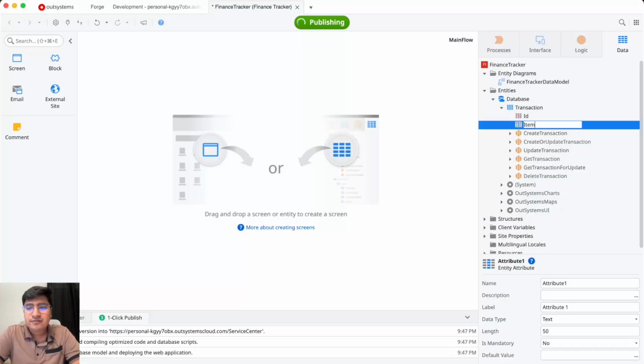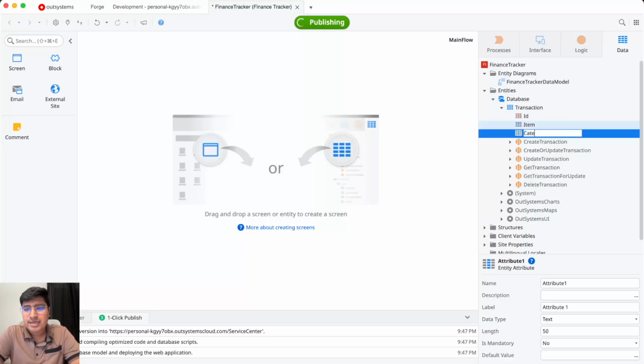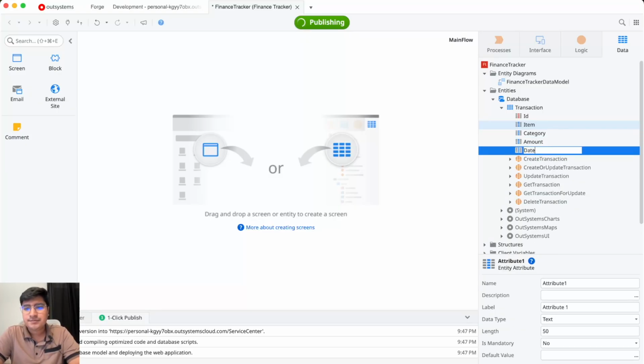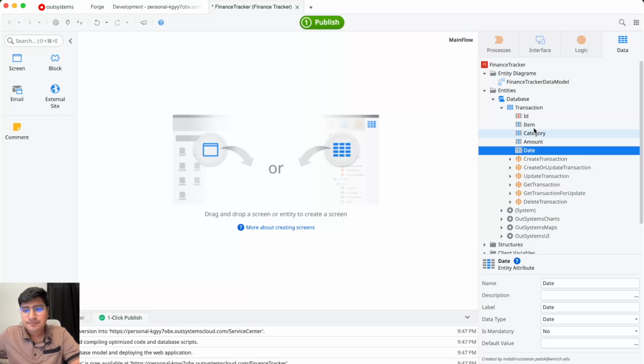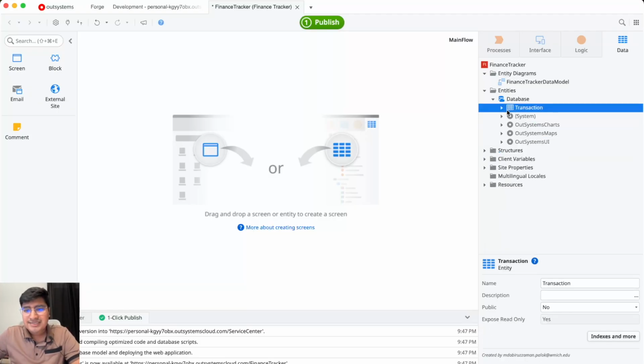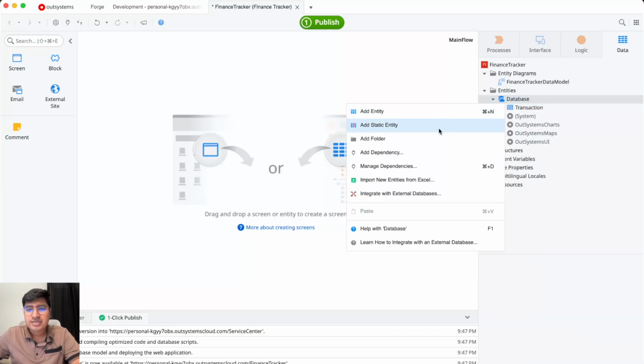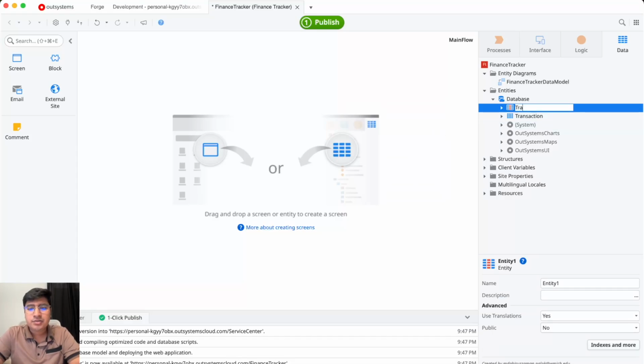I'm going to give item name, a category, an amount, and date. Okay. And I also want a type, which would be the transaction type, which is supposed to be an expense or an income. So to do that, we're going to go ahead and create a static entity, and this is where you would normally write